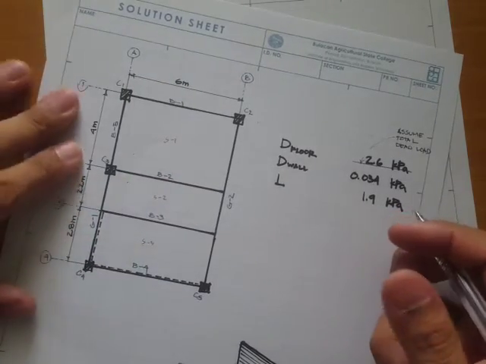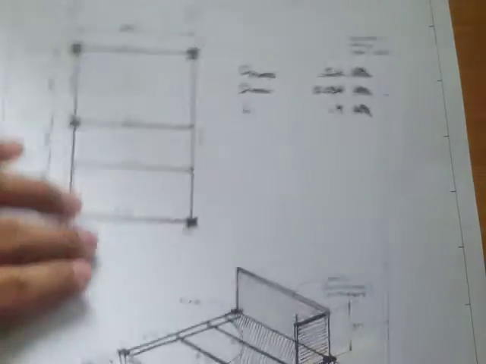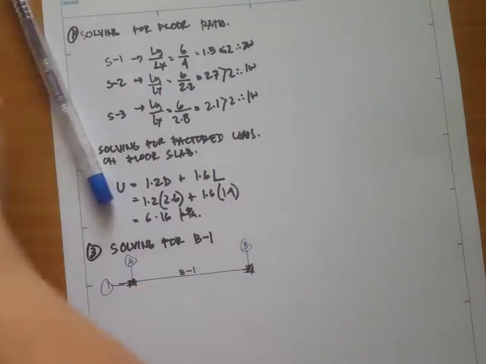The slab number 1 is a two-way slab. So if we try to draw that,